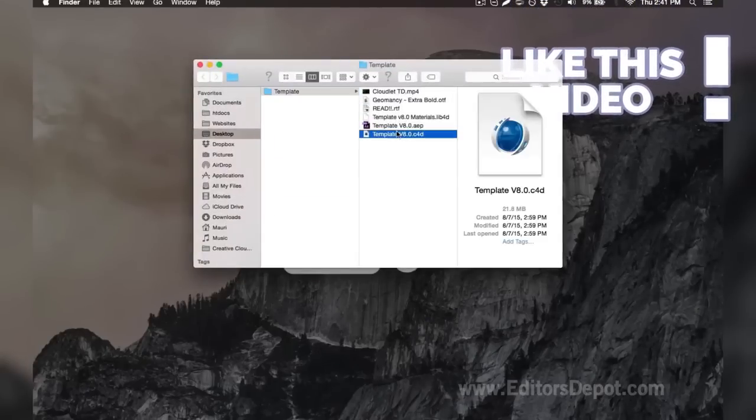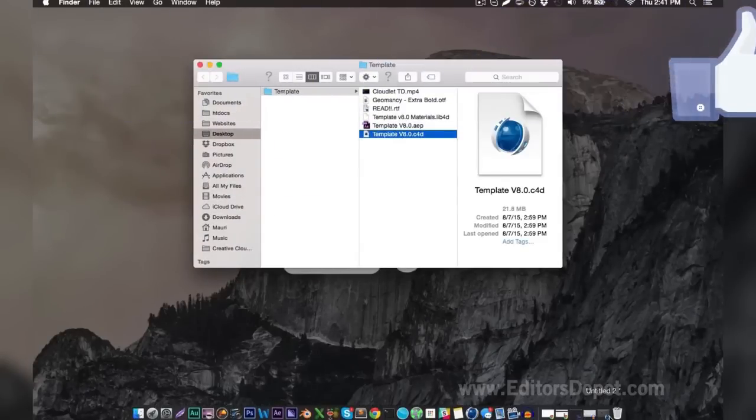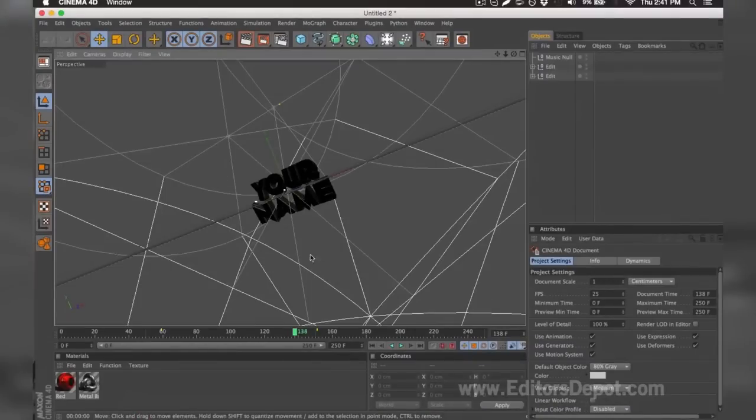Now that that's out of the way, all you're going to want to do is open up the Cinema 4D file. So here it is, and we already have it open, so I'm going to go ahead and bring it up. And as you can tell, everything is ready to go. All you have to do is replace the text, render, and you're done. Except one little thing, there's sometimes problems that come up with the templates, and I'm going to go ahead and